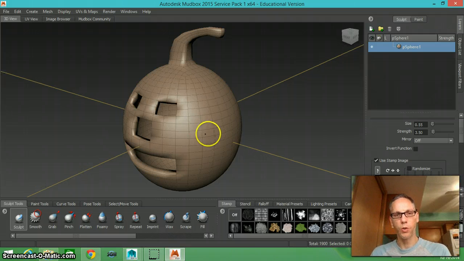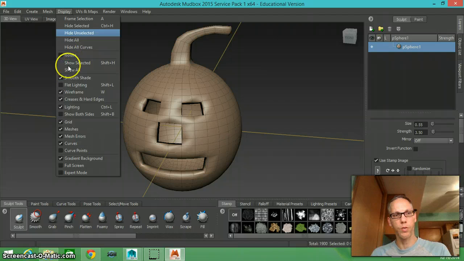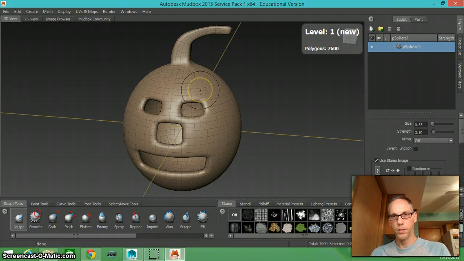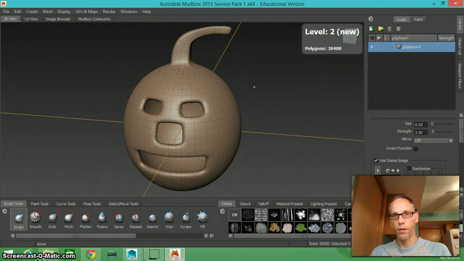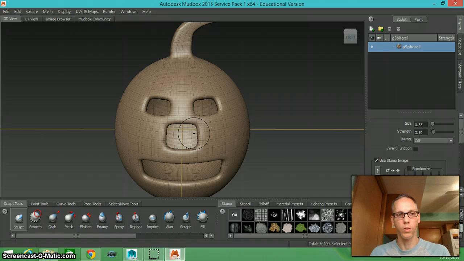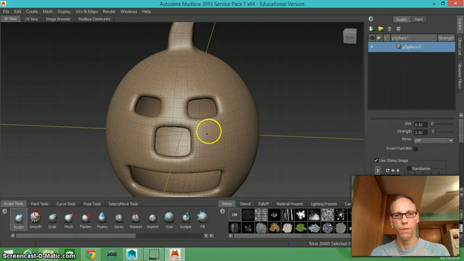So what I'm going to do is increase my model resolution by hitting Shift D, and you'll be able to see, if I have displayed the wireframe, the wires as I start to subdivide them. I'm going to hit Shift D, and notice I have 7,600 polys, and if I did it again, Shift D, I would get 30,000 polys. Now the object with this is to simply take these shapes and begin to distort them. So if I was trying to sculpt a face on this,